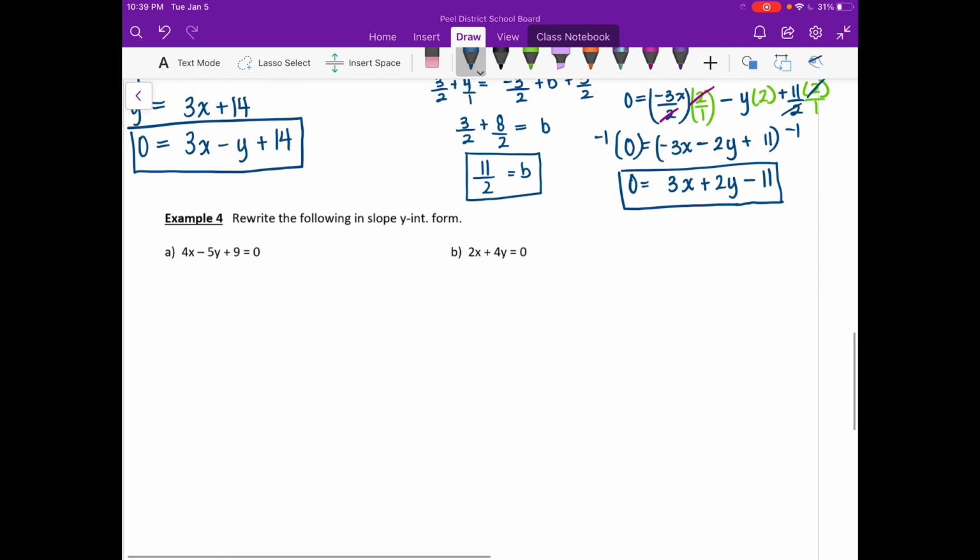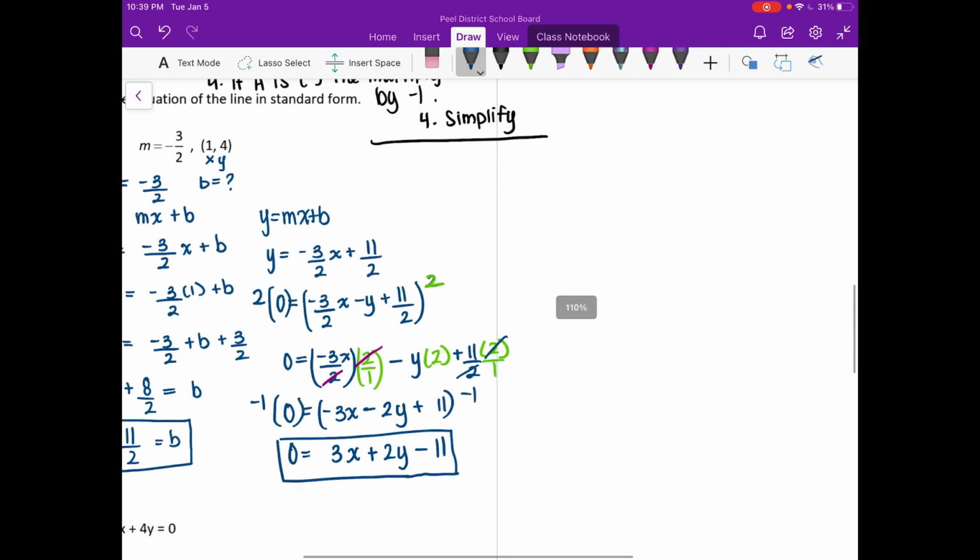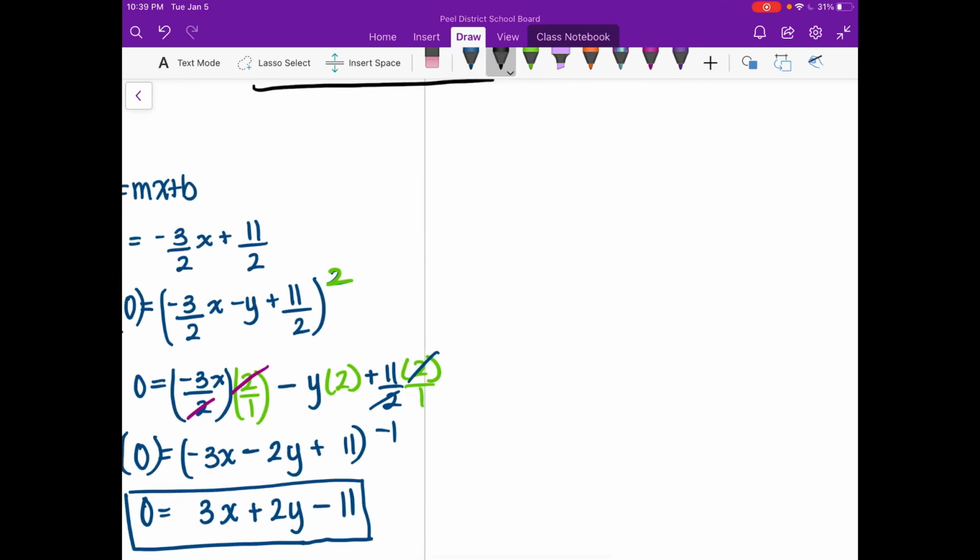So, for the last one, it says to rewrite the following. Oh, let's make the steps actually. Let's do that now. So, if you are given the slope and you're given a point and you need to determine the equation of the line in standard form, what you're going to do is actually just step 1, find the equation of the line